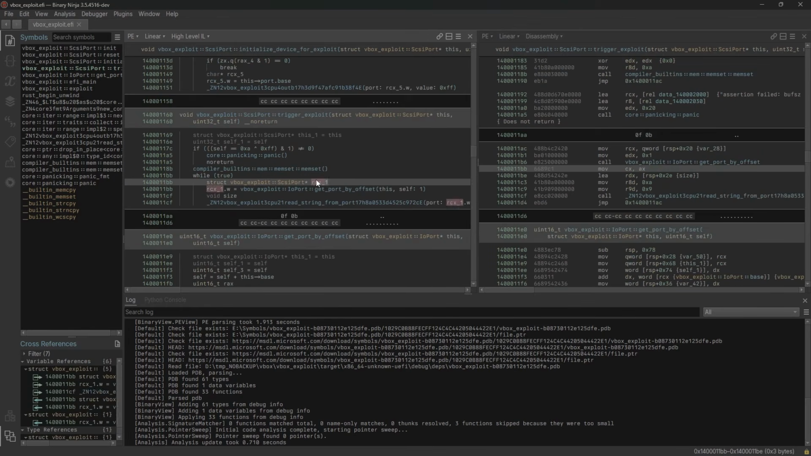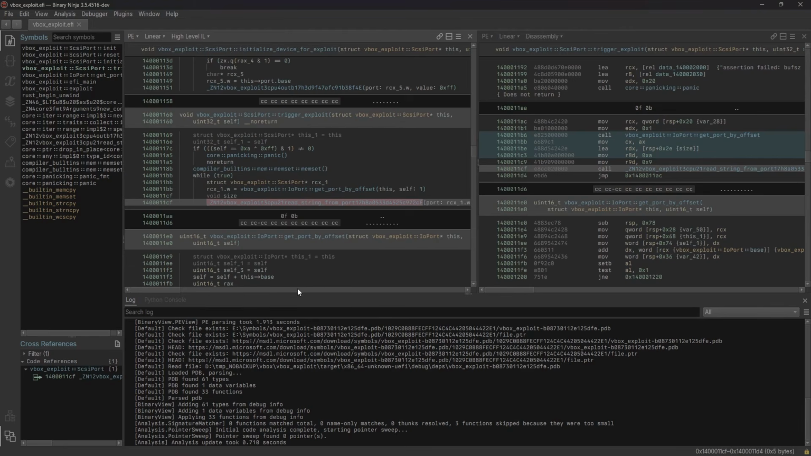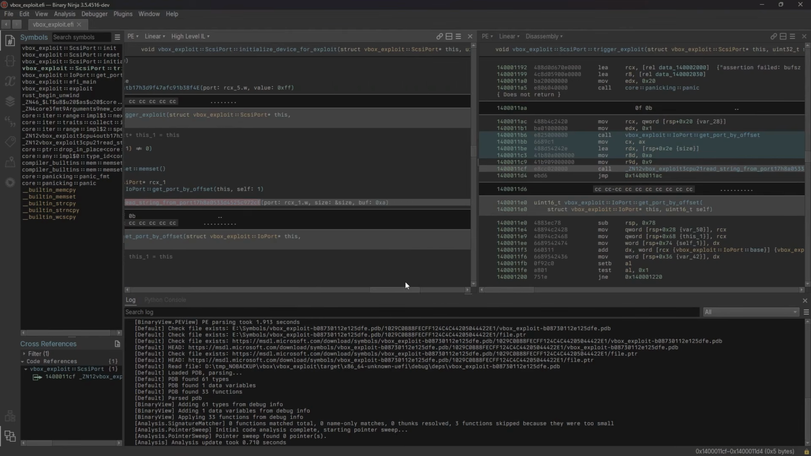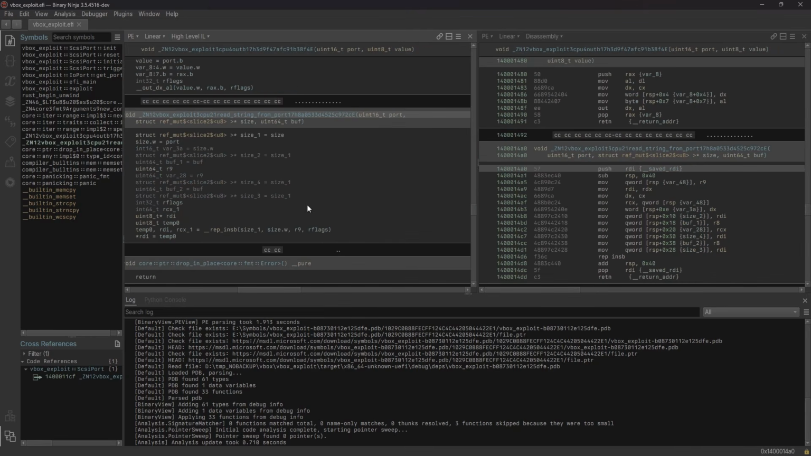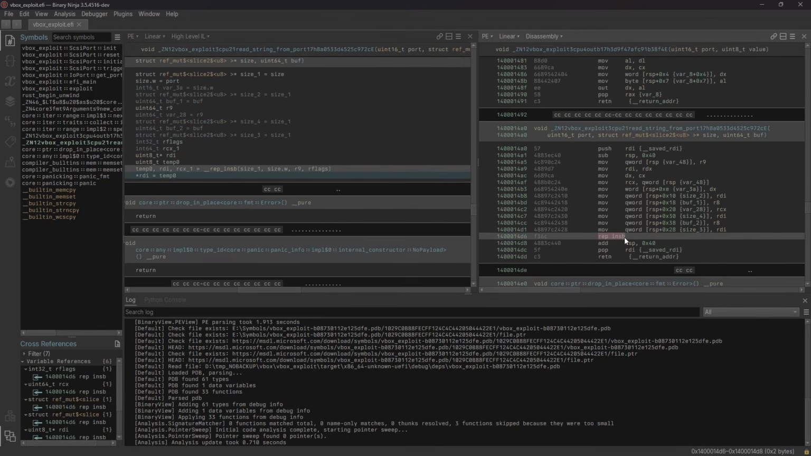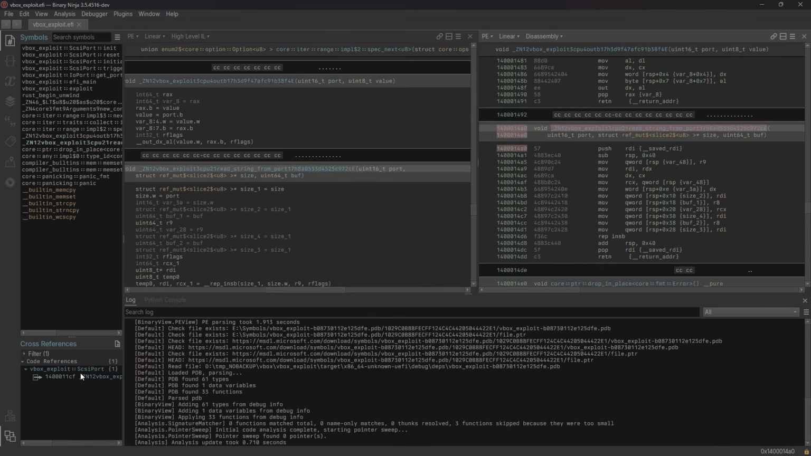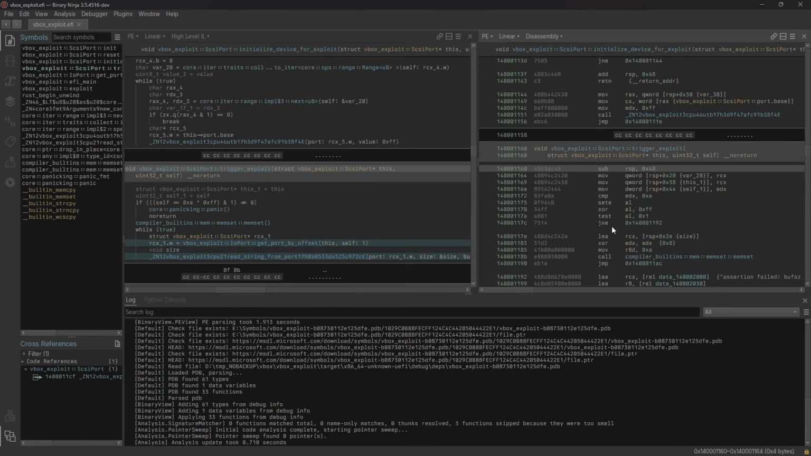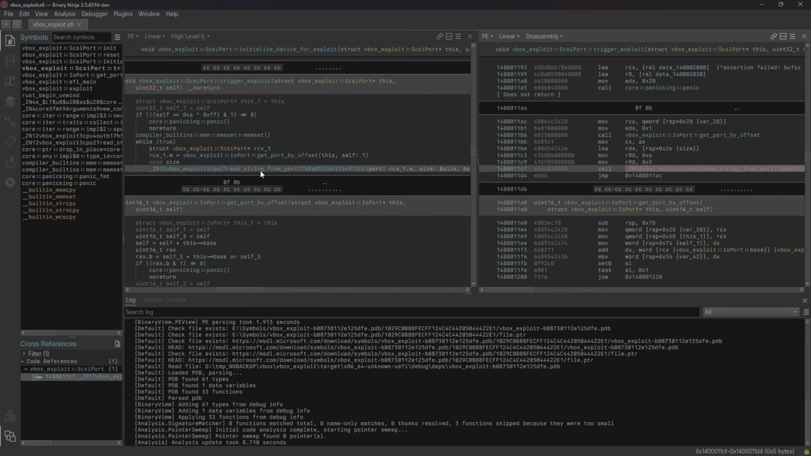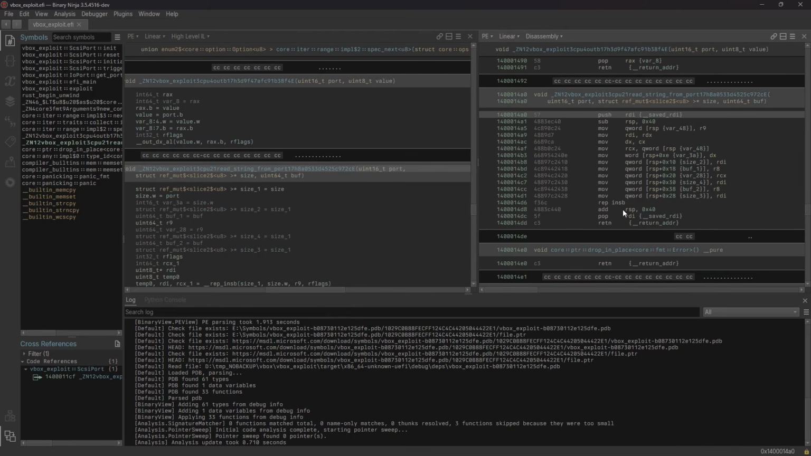while true goes down here, gets port by offset, read string from port, which is this function, read string from port. Going to rep ins_b, pops RDI, so RDI gets saved. The caller, where's the caller? Here. Oh, well, that's fine because this function,